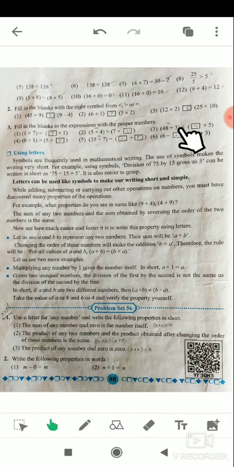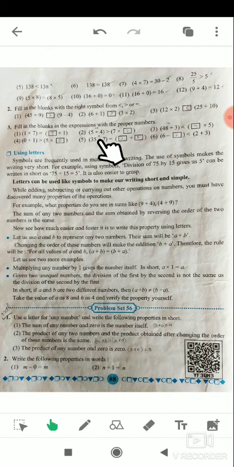Now 48 divided by 3, what is the answer? 4 multiplied by 5, 45. The answer is 16. So, okay. Now here 45 is greater than 16. Now see, 0 plus 1. 5 multiplied by 0, here is 0. Any number multiplied by 0, the answer is 0. So 0 is less than 1.